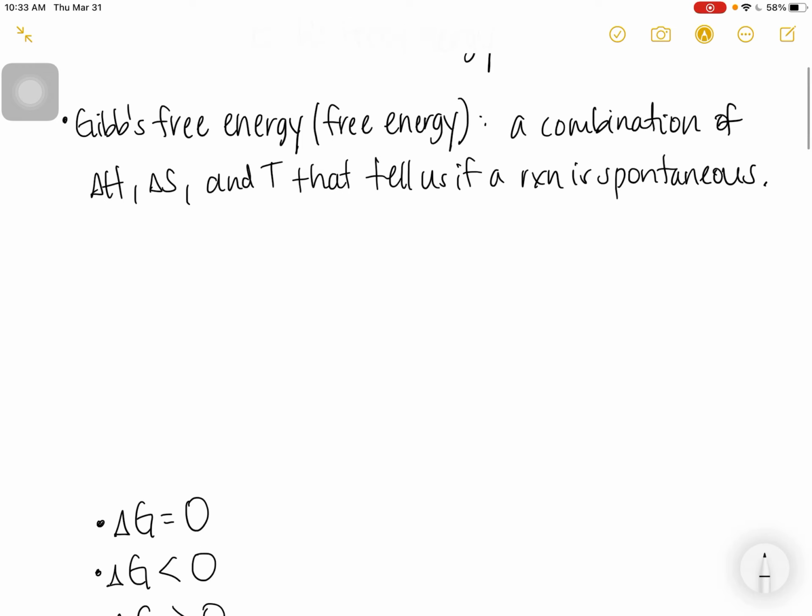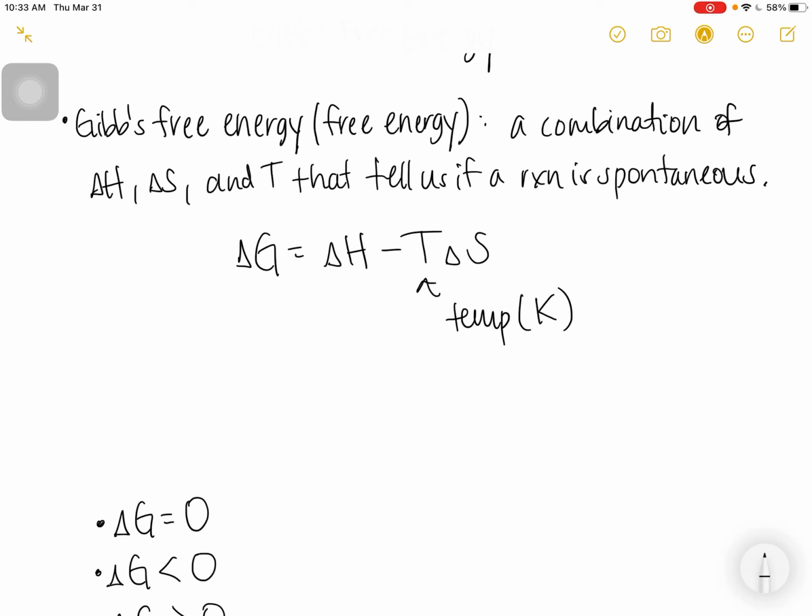And there is a formula that goes with Gibbs free energy that looks like this, where of course delta G is Gibbs free energy, delta H is enthalpy, T is temp in Kelvin, and S